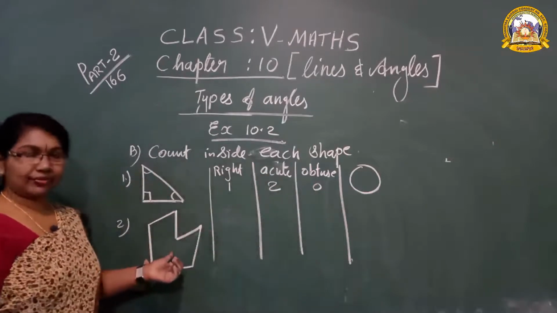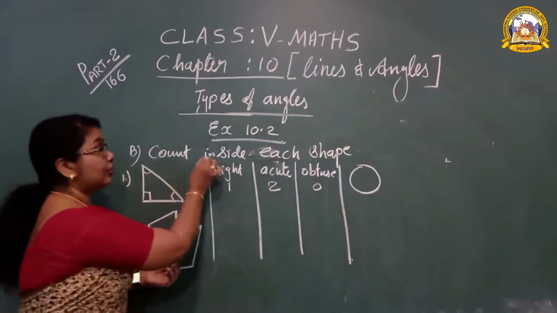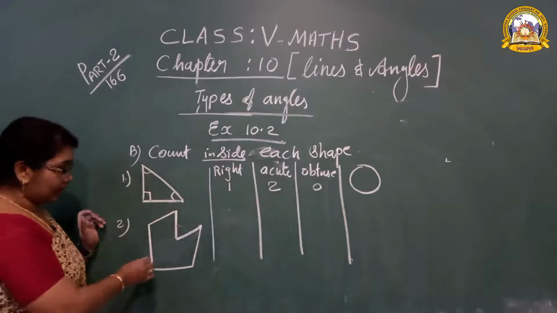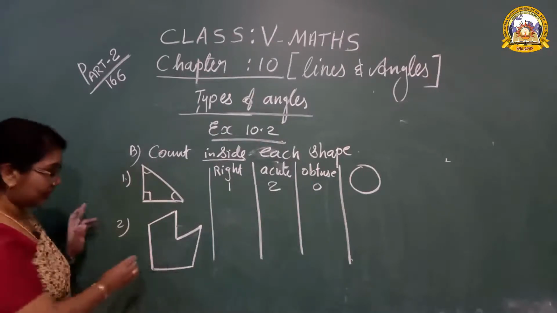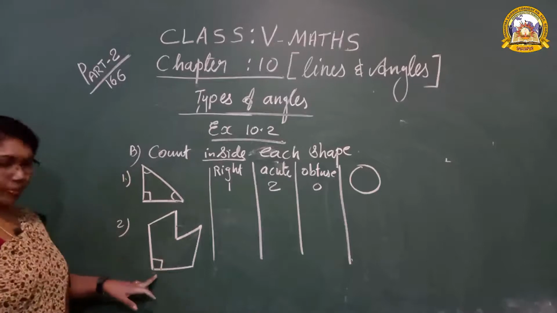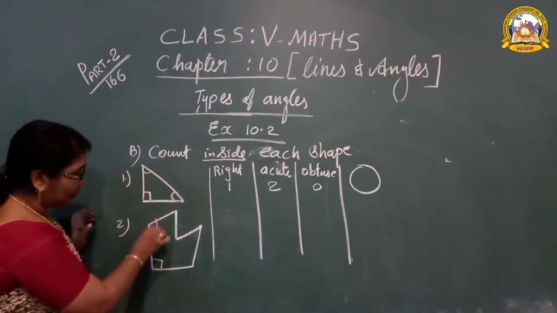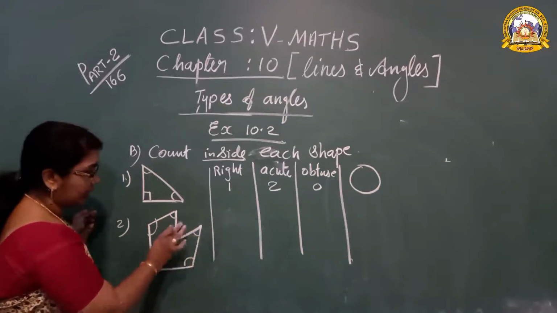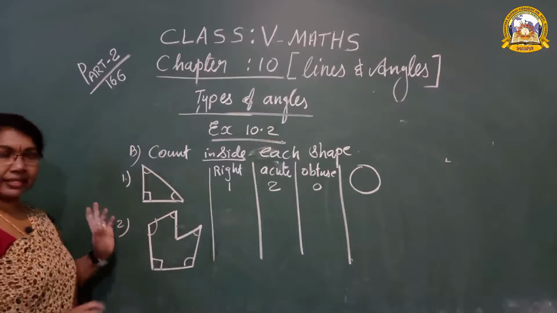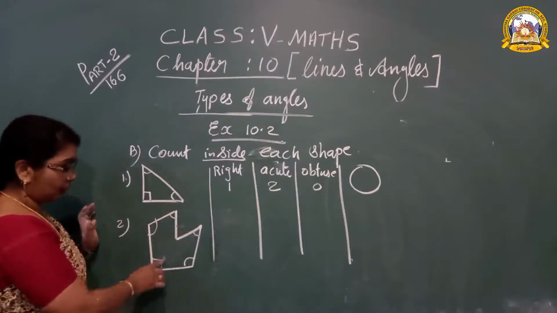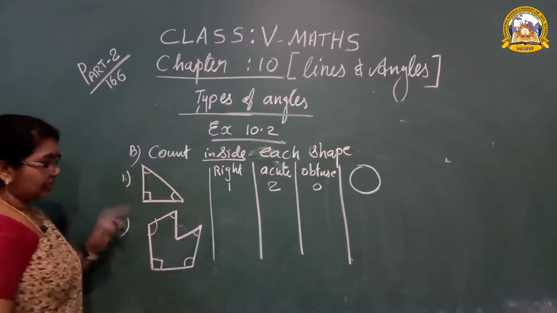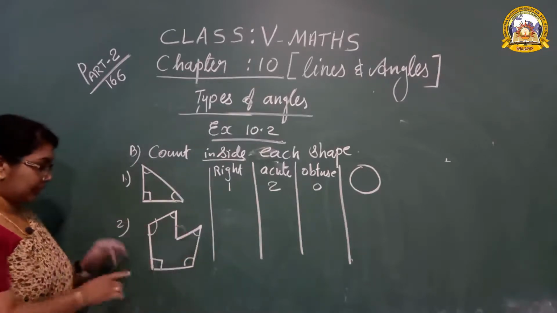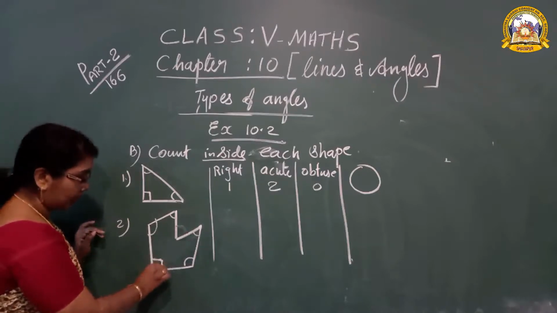Now look the second figure. The question is only you have to write inside. This angle is from outside, don't need to write. Look here, students, this is the inside now. It is from what type of angle? Right angle. Now look here, these are the angles inside. First with pencil, you should mark how many angles are there. 1, 2, 3, 4, 5. Why we did not mark this angle? Because this angle is outside. Only we have to take inside the figure. Then it is the symbol of right angle.